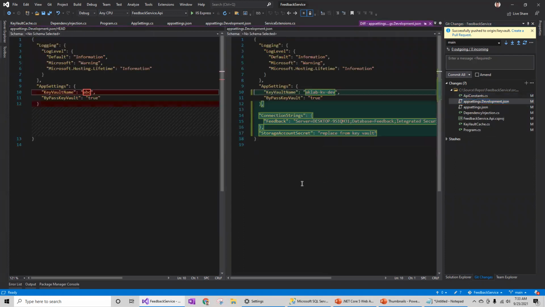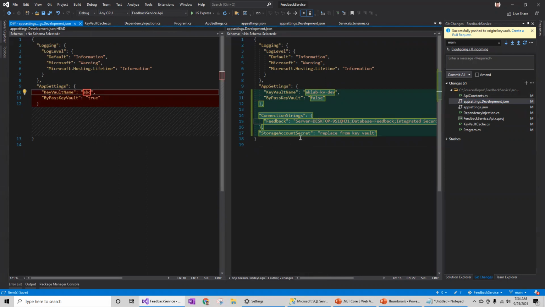Now in the appsetting JSON file for development, I have given the Key Vault name, and I set bypass to true so that I can use it locally. Let me set bypass to false so that I can connect to the Azure Key Vault for testing. Then I have the connection string.